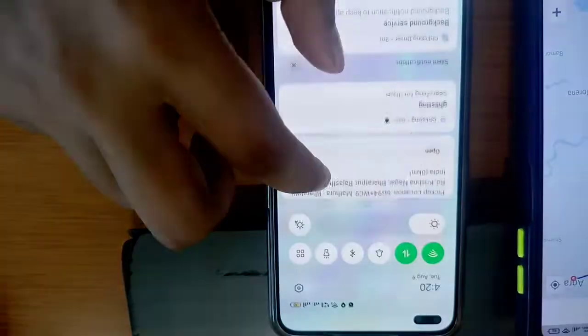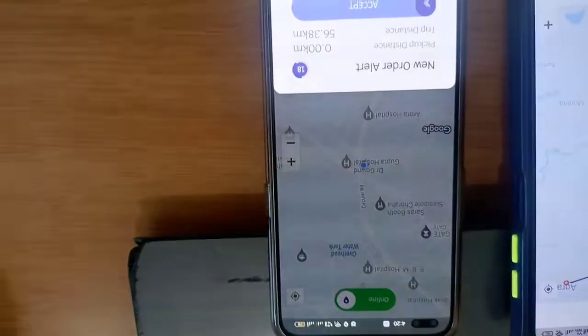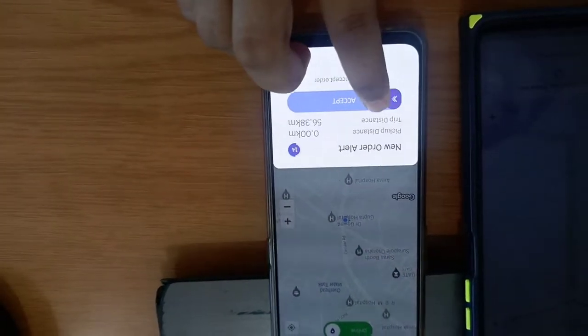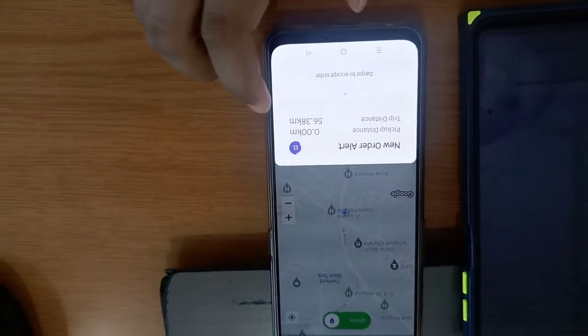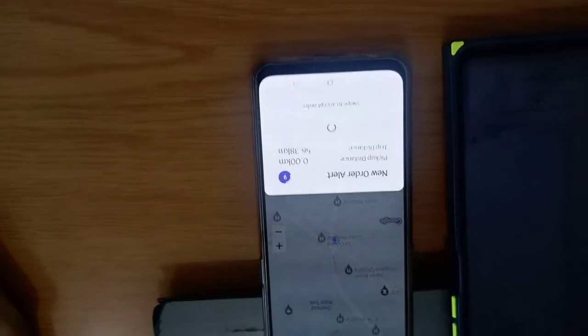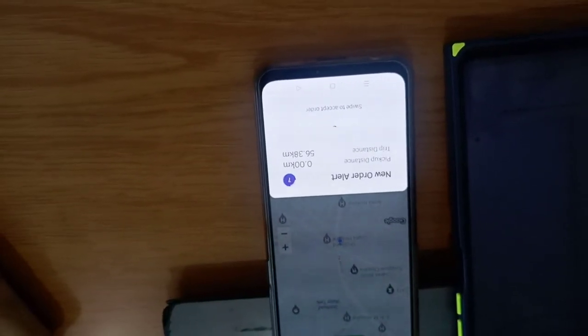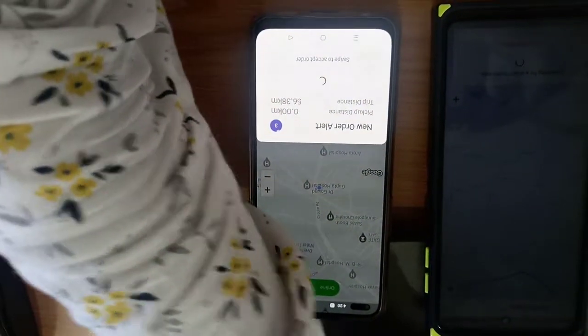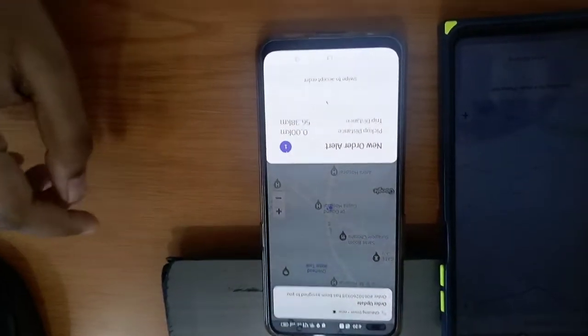So this will not come if we do not take the location background permission. Now I accept this booking. And that is how taxi booking works in our app.